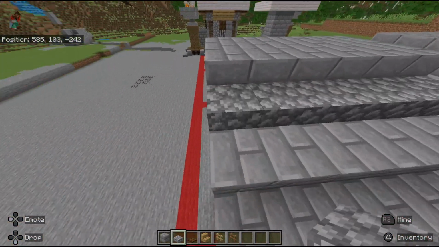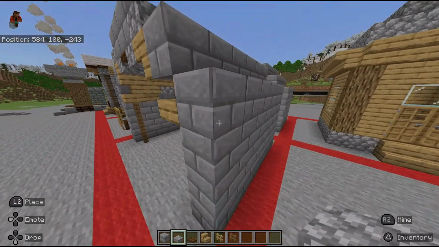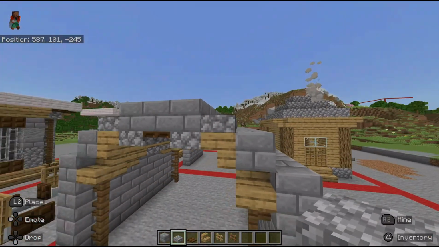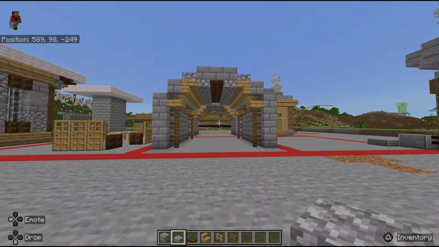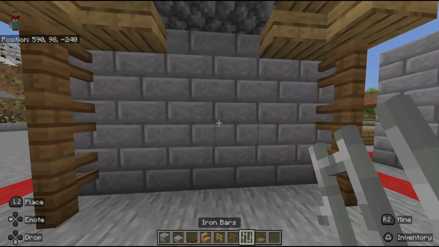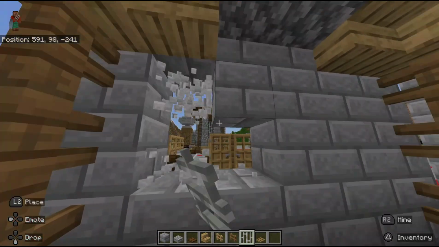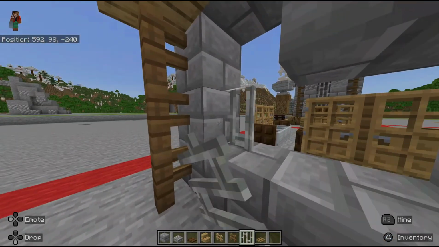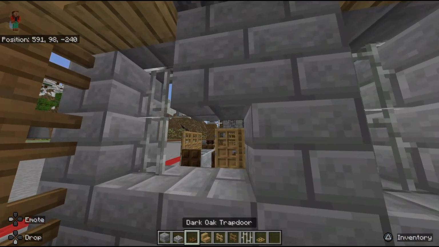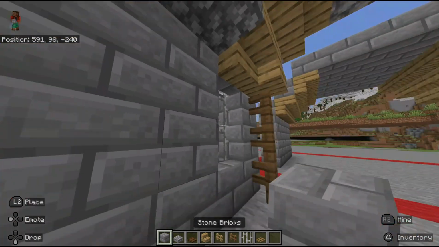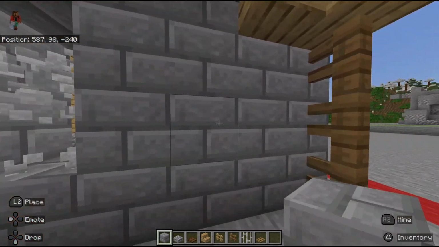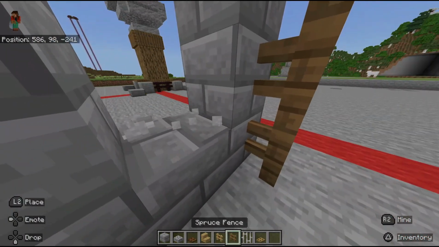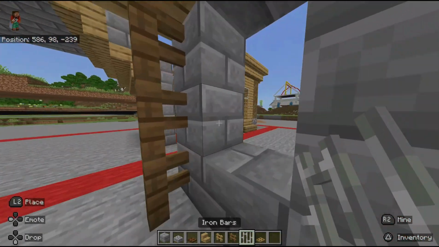Like I said, you can do any kind of slabs you prefer. This is just what I am going to do. Alright, now I'm going to add just a little bit of detail in the inside. I'm really liking these trapdoors, or these iron bars, and what I'm doing with them. So I'm gonna put some iron bars in the inside,